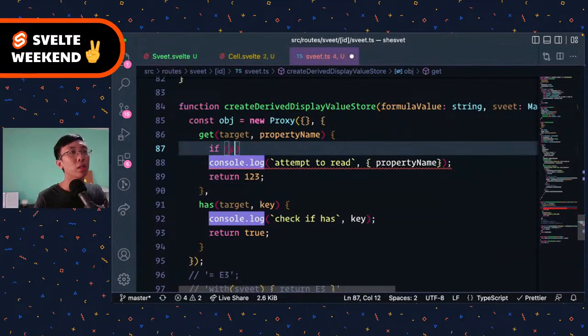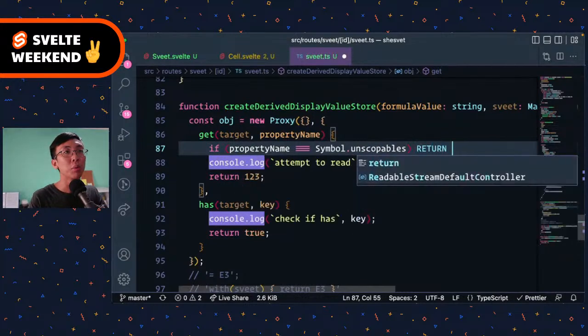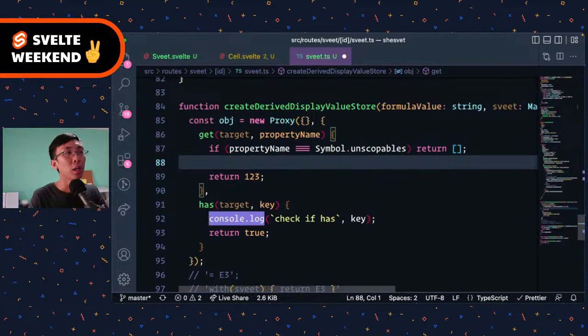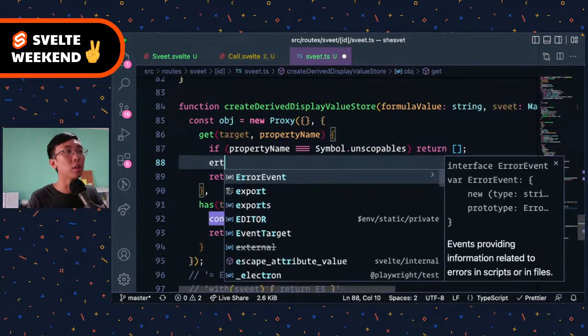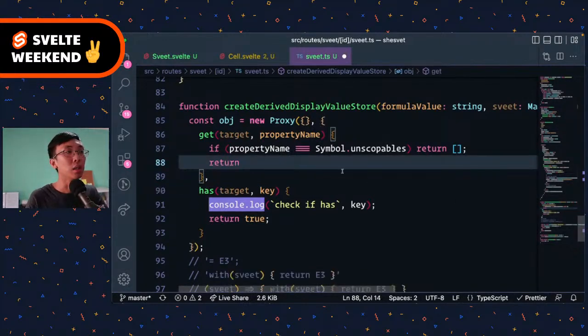If the property name equals Symbol.unscopables, probably return empty. Everything can be scoped. And then if we try to read a value, we can say return. And hopefully, I'm lazy to do a check, but for now, hopefully we can say here